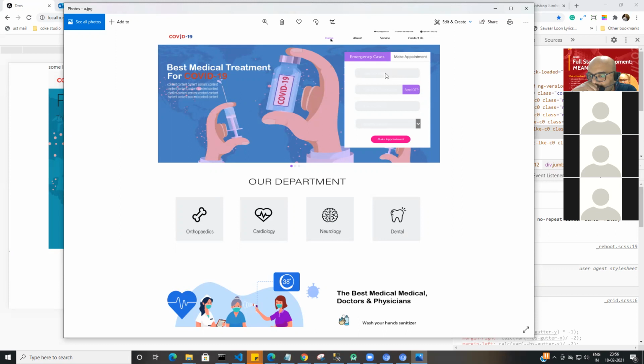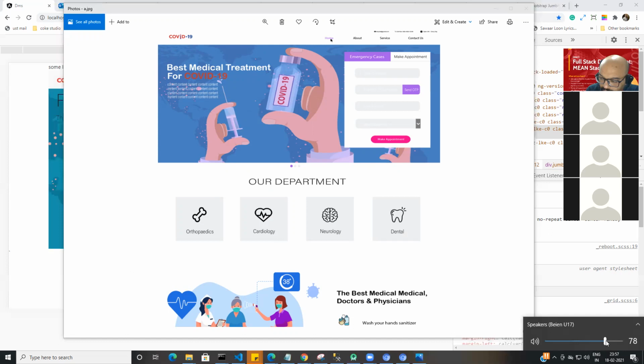There are three dots below the banner. That one is the carousel, basically. So we'll add the carousel later, not now. And I'm not sure whether we need a carousel or not, so I need to check. Sir, if the carousel is moving, is there any effect on the form?